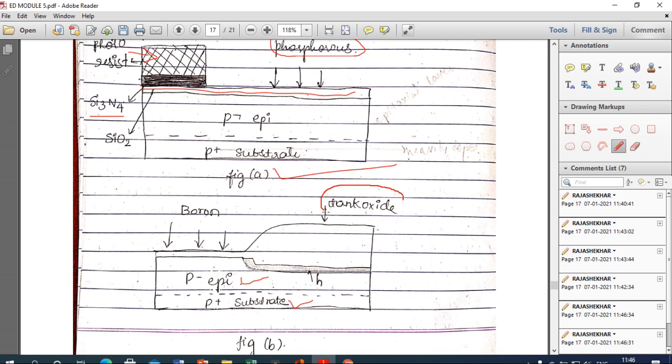This is the oxide layer that belongs to the N-well, and this tank oxide contains the N-well within it, and it is obtained by performing wet oxidation.